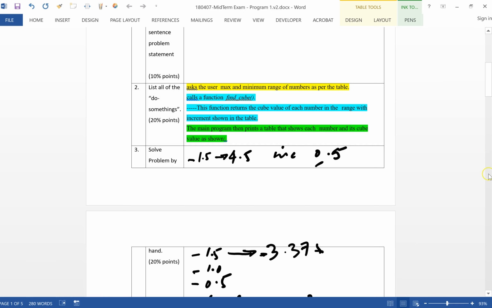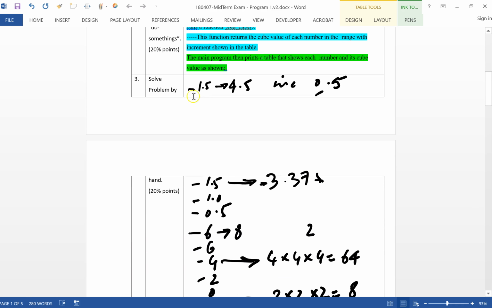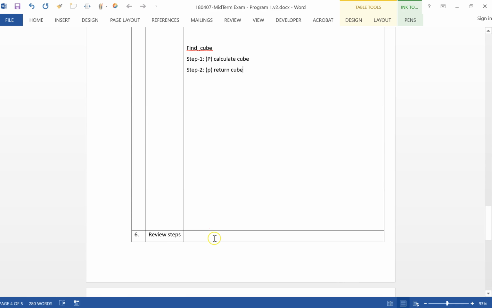Same thing happened here, where we actually went through the values 1.5 all the way to the upper value of the first data set, and then for each of those values in the range we actually calculated the cube. And how do we go from one value to the next? By adding the increment, which in this case happens to be 0.5. Hence we have reviewed everything, and that takes care of our step 6, where we say that the